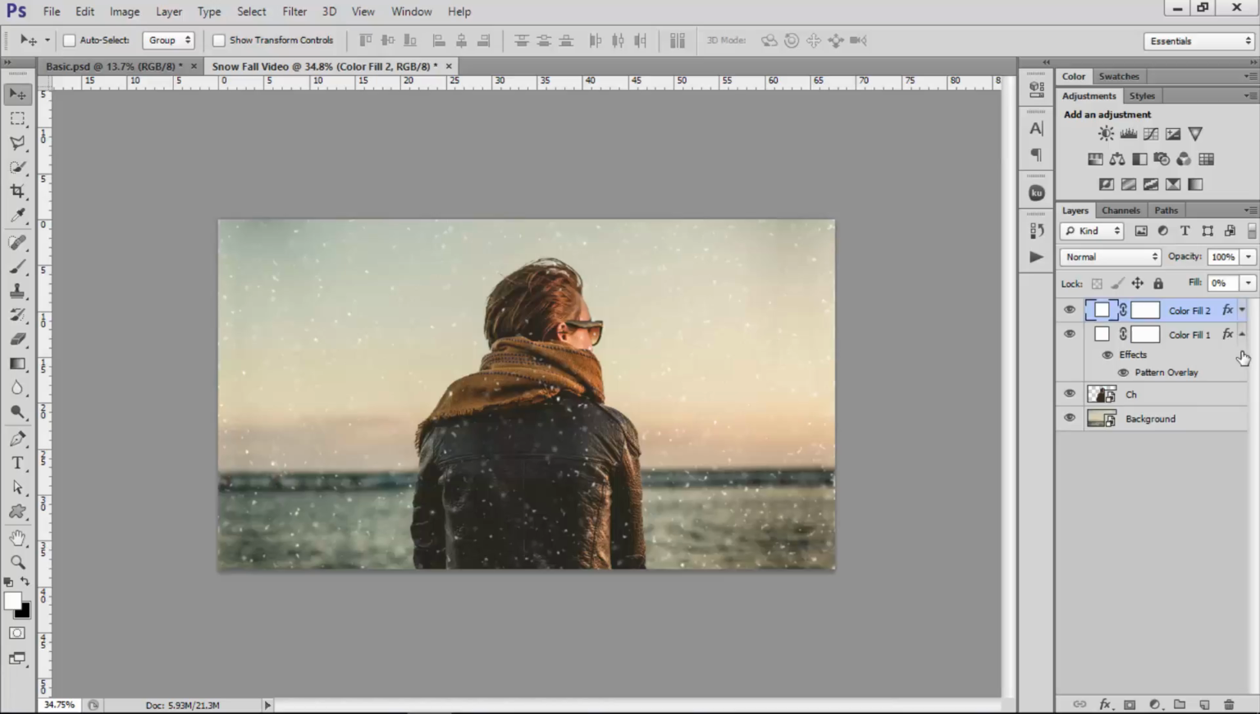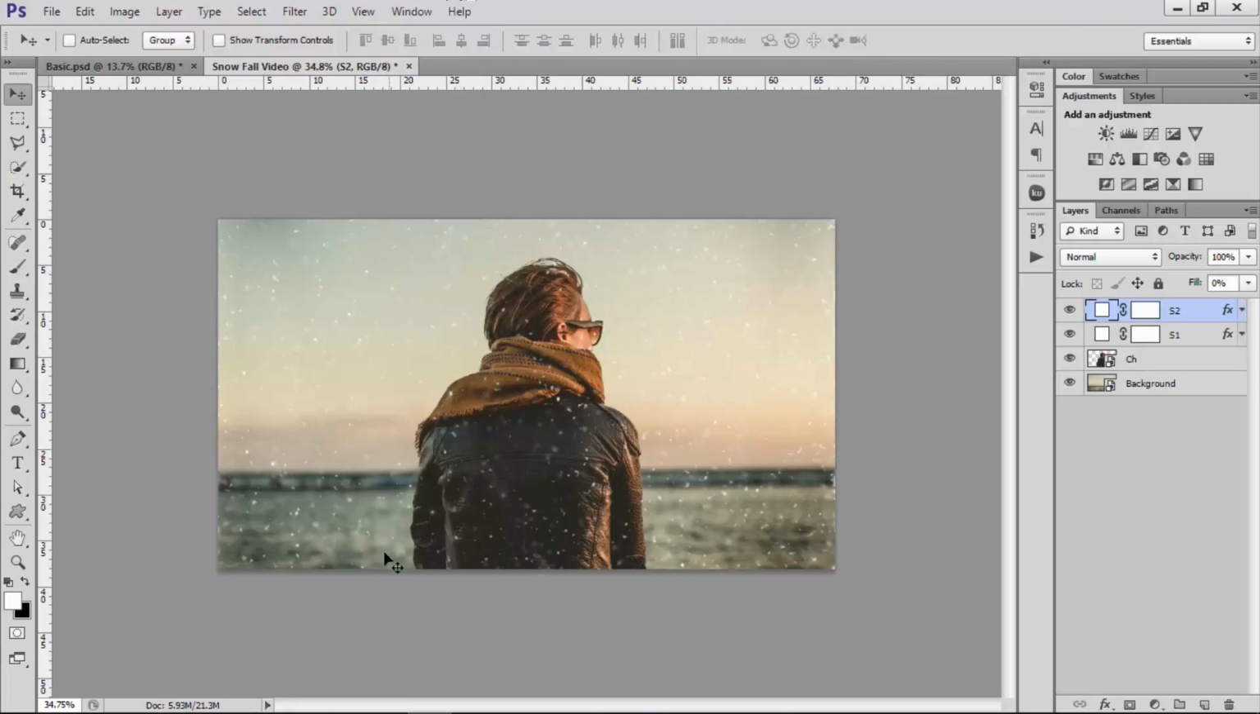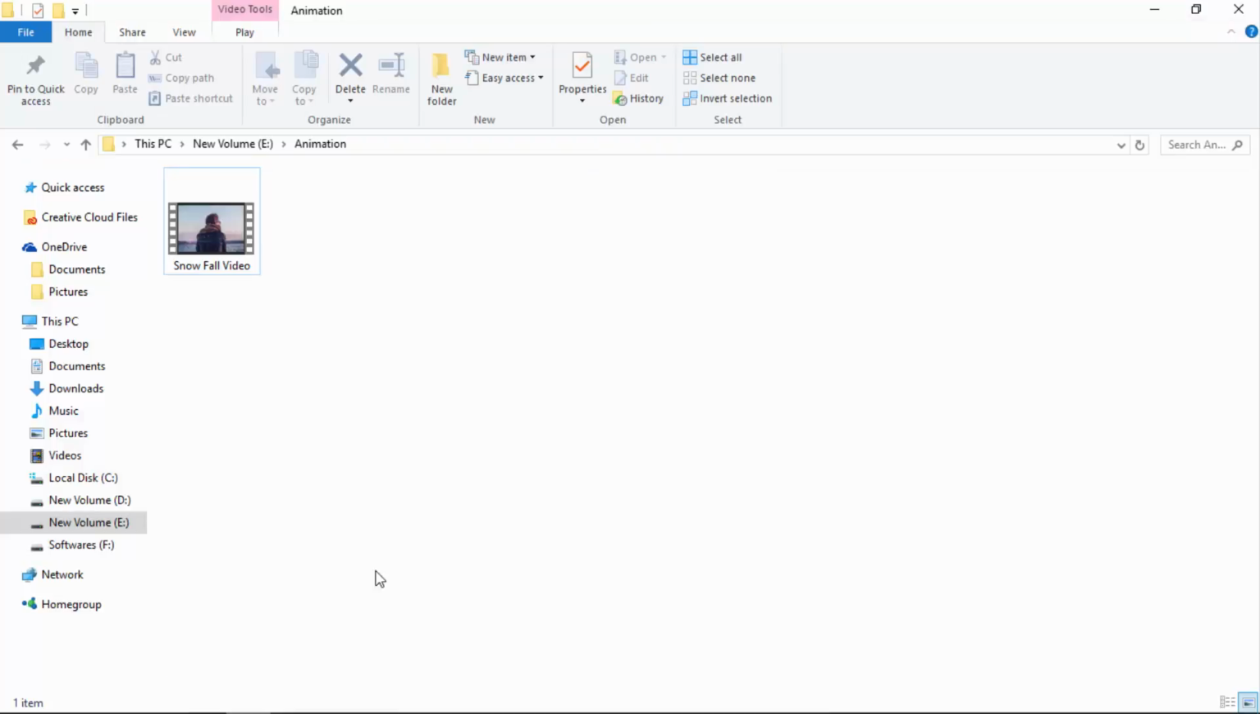Okay, so we'll rename these layers. It is S1 and it is S2. Okay, very nice. Now it's time to create animation. So go to Windows, go to timeline, or before doing this we'll go to import our flares. So our flares are